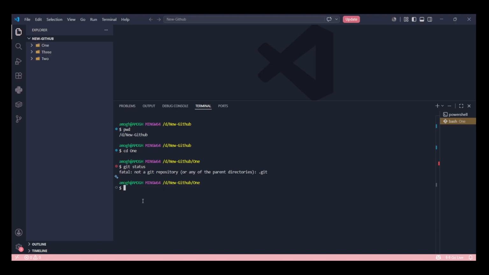To turn this folder into a Git repo, I will run a simple command, git init. Init is short for initialization. This command makes this folder into a Git repository. Sorry, I was calling it GitHub, but it is Git.